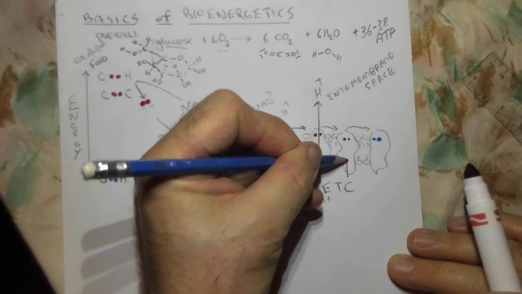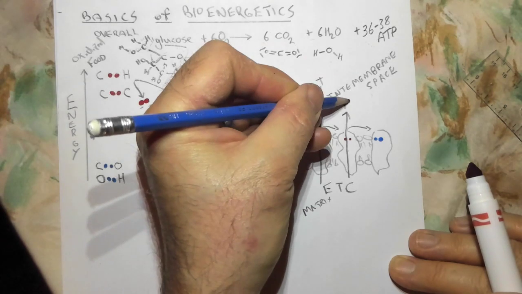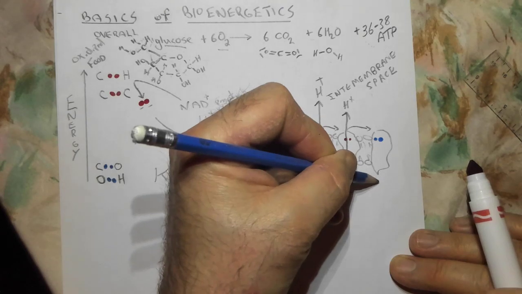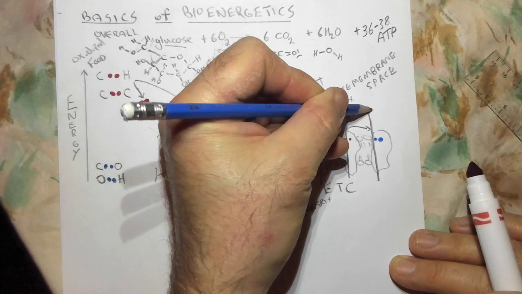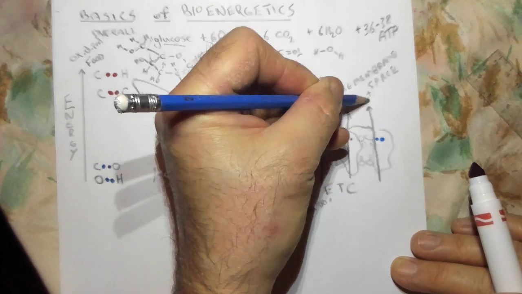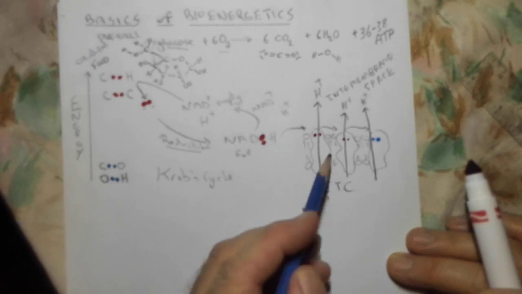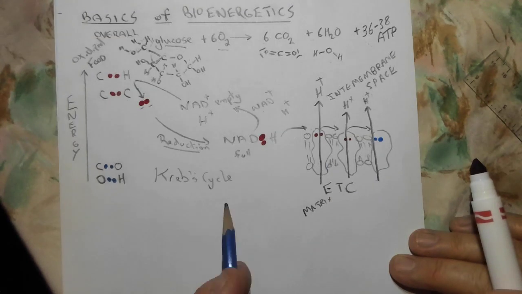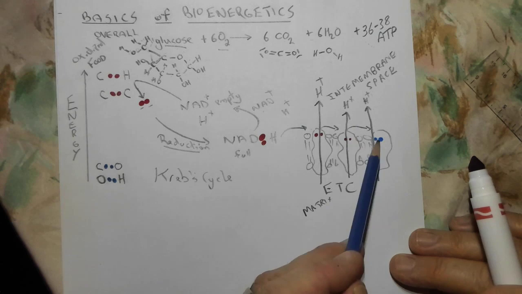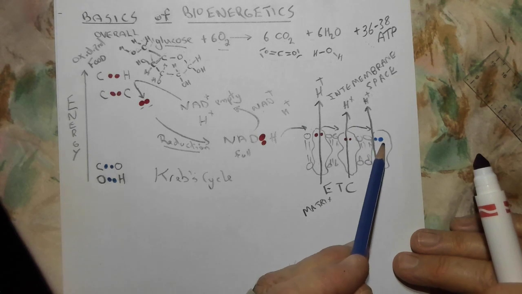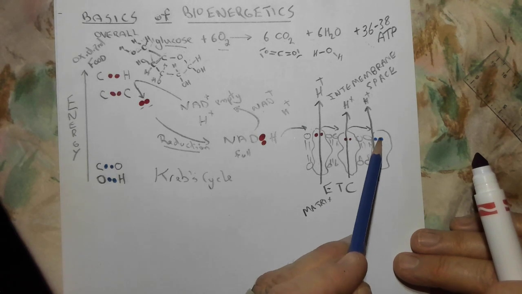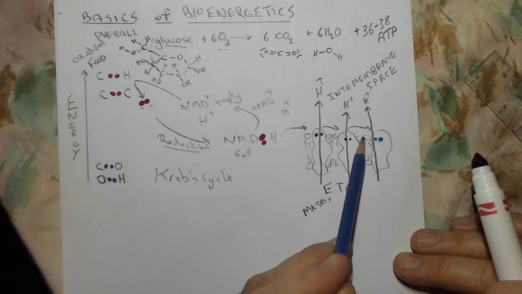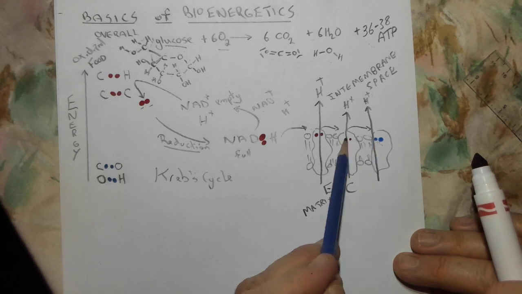Three times. Those are pumps, so this is known as an active transport mechanism. Energy has been used to pump hydrogen ions from low concentration to higher concentrations. Now the electrons have very little energy. They need to be disposed of. If they're not disposed of, these pairs will not be able to make the jump, and the entire chain stops